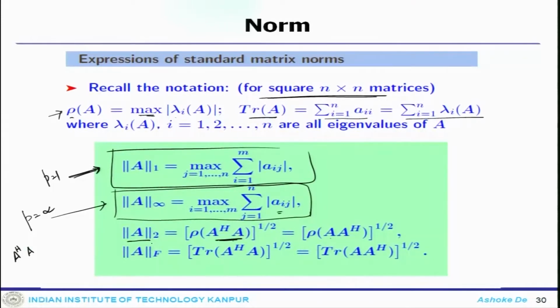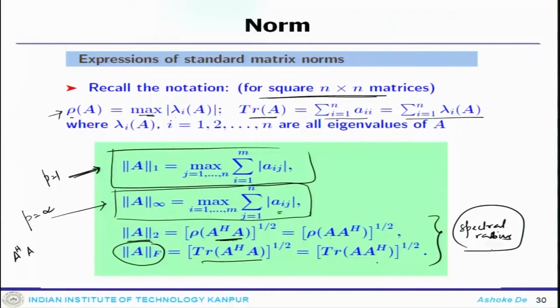Similarly, if you find the Frobenius norm, it is going to be the square root of the trace of A Hermitian A. So, these two are important pieces of information, where the L2 norm and the Frobenius norm can actually be represented with the spectral radius. So, using that information you can represent this in this particular format. We will stop here, and thank you.